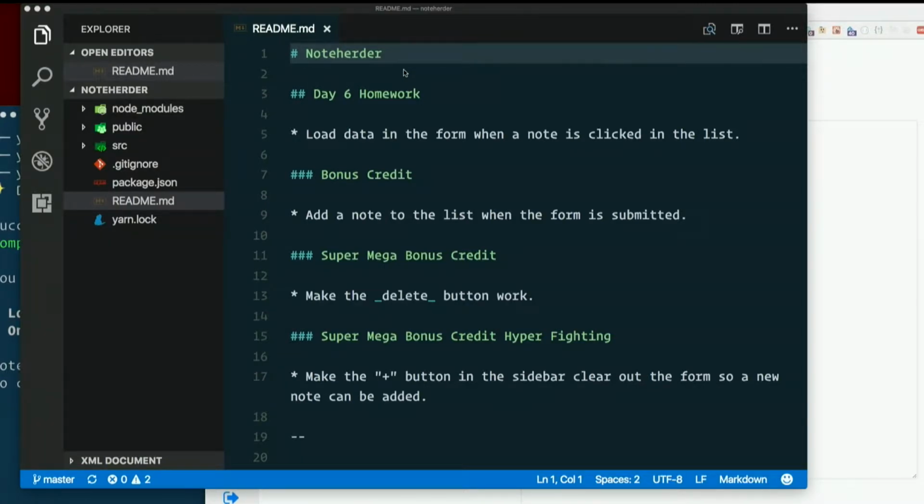Should you encounter it in the wild, see it in some code, don't know what it is. It's a thing, but we're not going to do that. We're going to let React control our components all the time. So